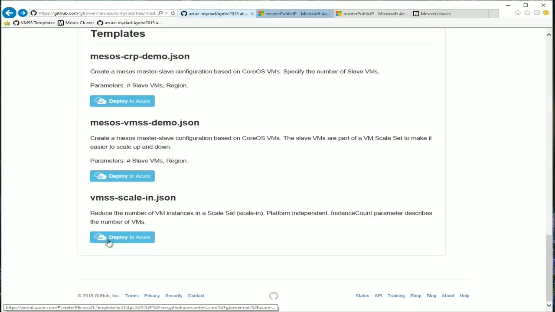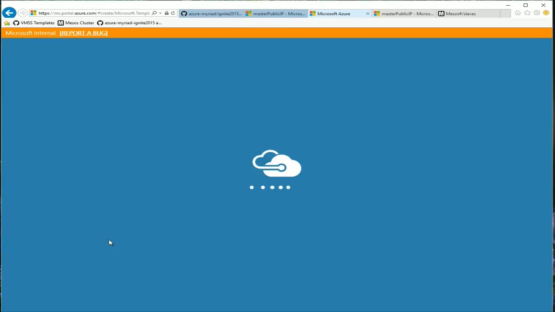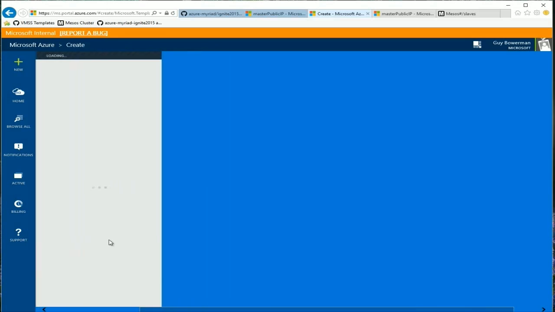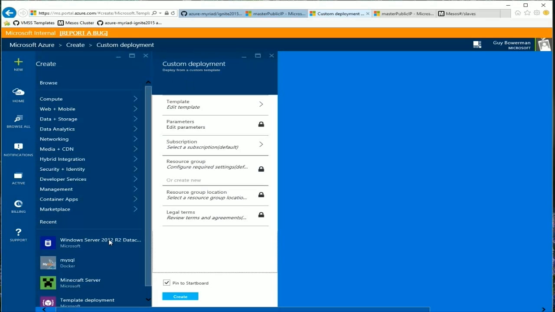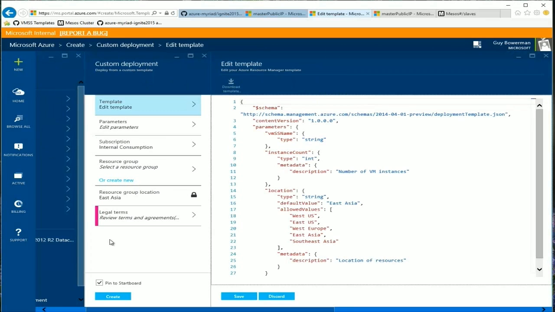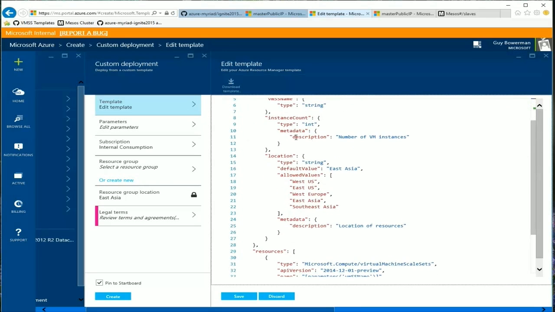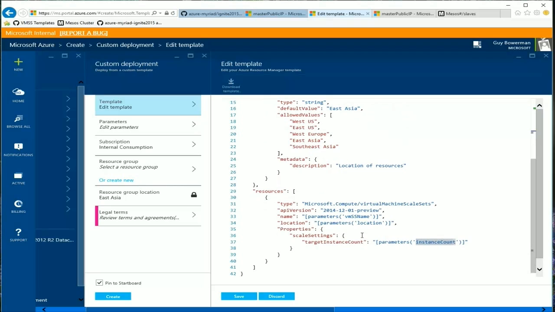And now what we want to show is let's do a scale in action, right? Let's show you how easy it is to scale in from say 20 slaves to, I don't know, maybe 10. So I go back to another template. This is a smaller snippet of the template, and you'll see quickly that once we get past the parameters, all we are doing in this template declaratively is changing the instance count. So it's just a single instance count. Again, I'm passing to the same VM scale set right there. I'm going to set it to 10.